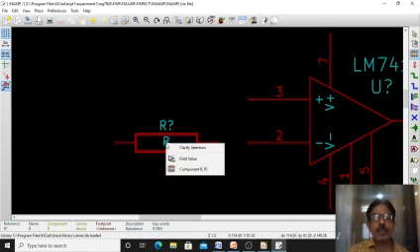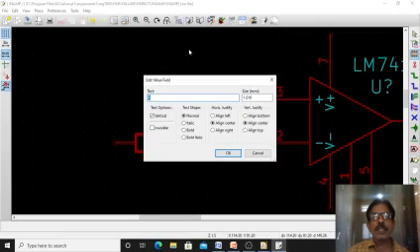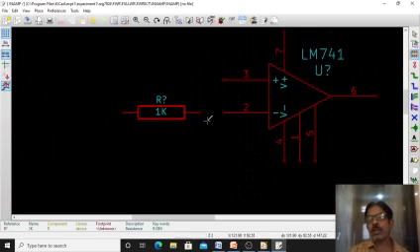At the same time you can give the value also. Edit value, let us take it as 1 kilo ohm, so 1k. So this is a 1k resistor.